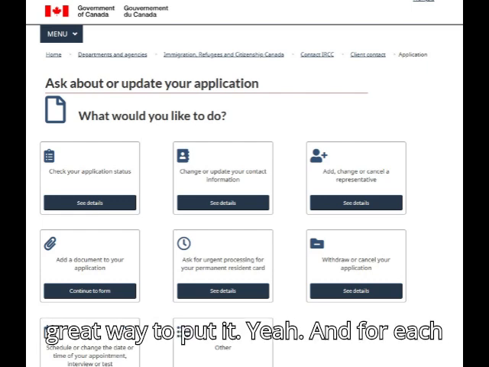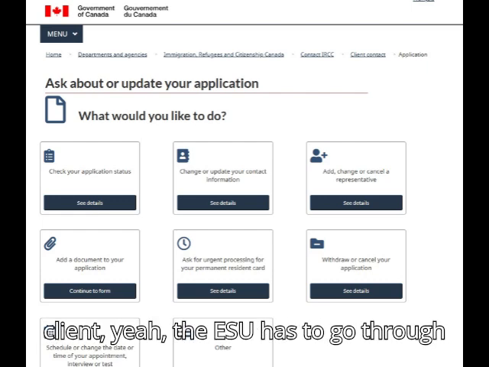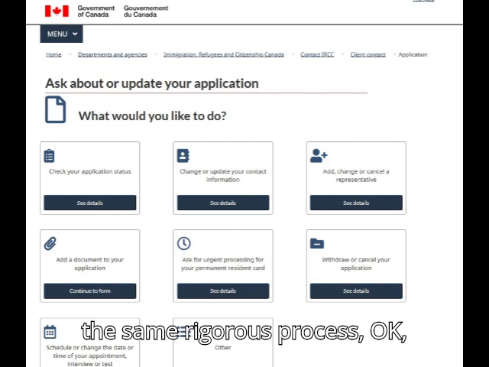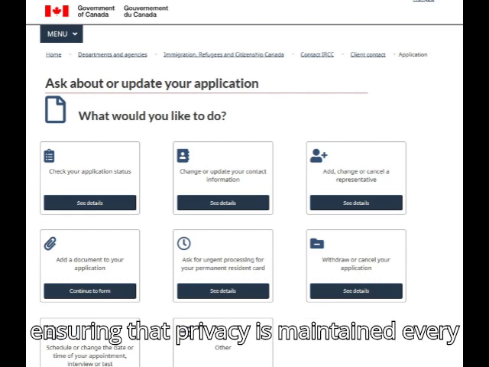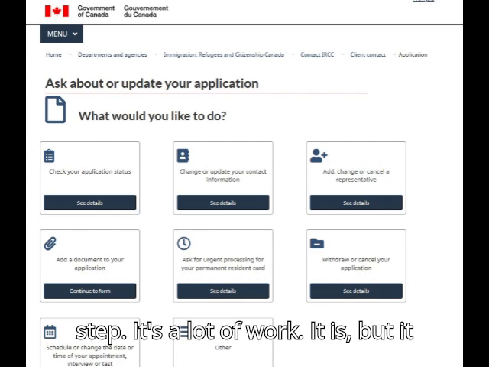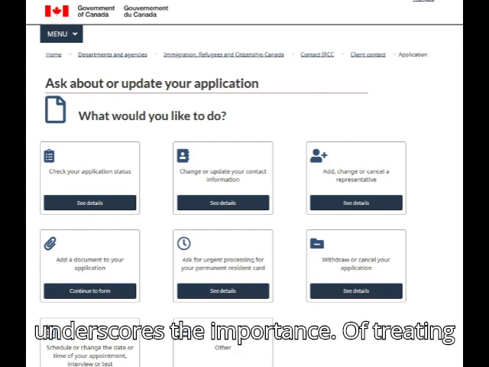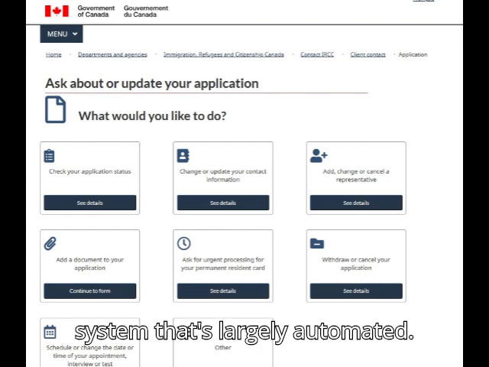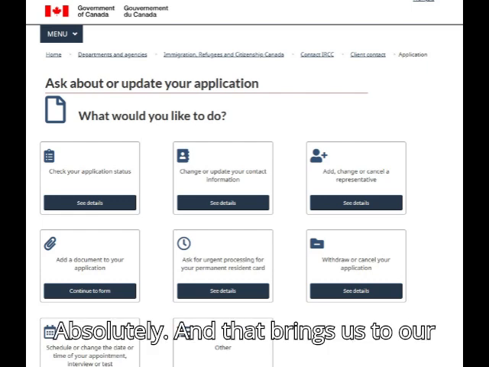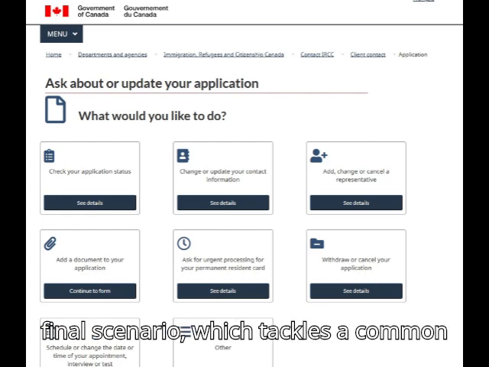That's a great way to put it. And for each client, the ESU has to go through the same rigorous process: verifying authorization, checking for any discrepancies in information, and ensuring that privacy is maintained at every step. It's a lot of work. It is. But it underscores the importance of treating each client as an individual, even in a system that's largely automated. Absolutely. And that brings us to our final scenario,